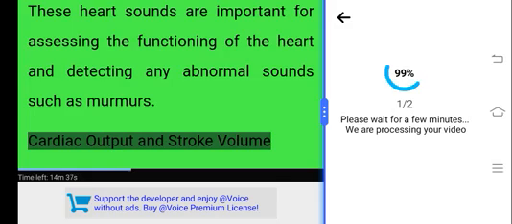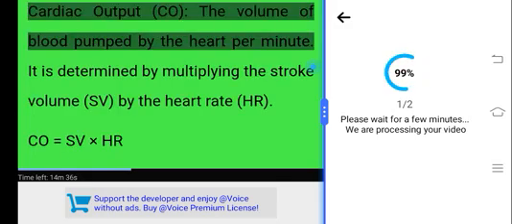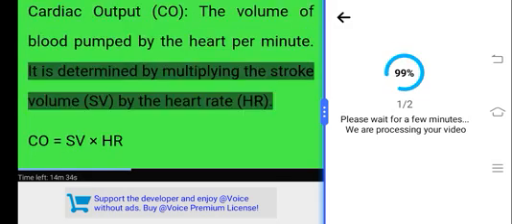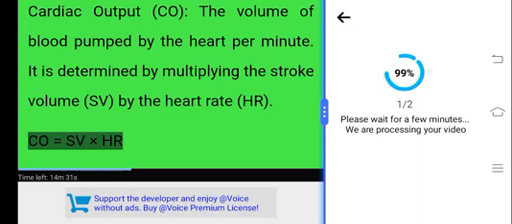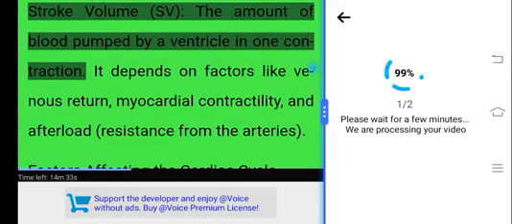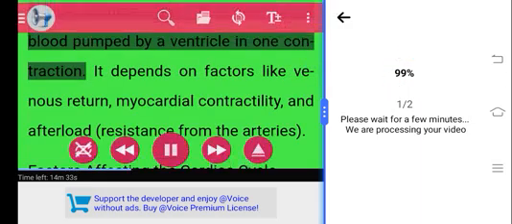Cardiac output and stroke volume. Cardiac output (CO): the volume of blood pumped by the heart per minute. It is determined by multiplying the stroke volume (SV) by the heart rate (HR). CO equals SV times HR. Stroke volume (SV): the amount of blood pumped by a ventricle in one contraction. It depends on